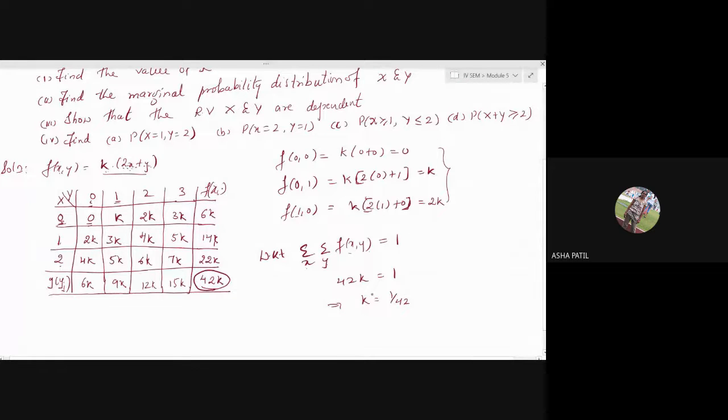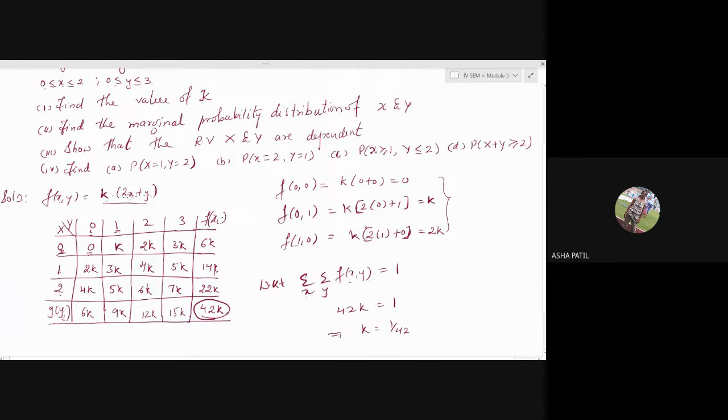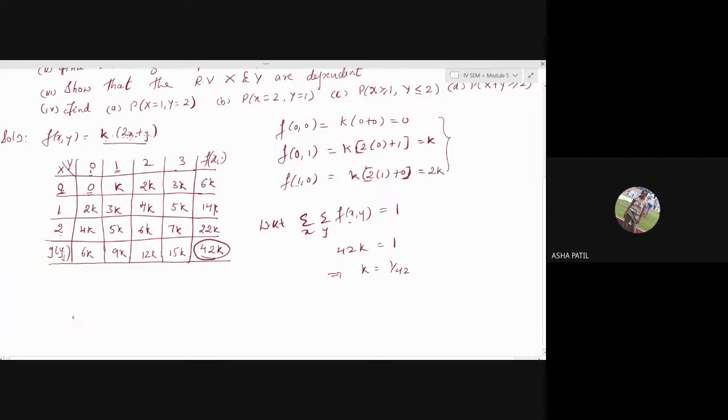Now once you get the value of k, write this distribution table again with the value of k as 1 by 42. What they asked is the marginal probability distribution. At least let us write that. What are the marginal probability distributions? Second question this is. First one is find the value of k. Second one is